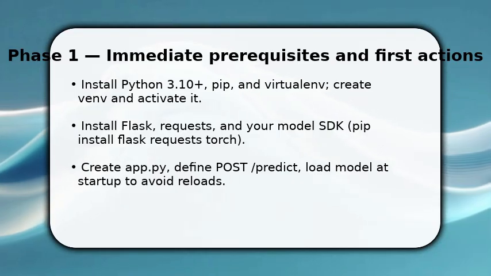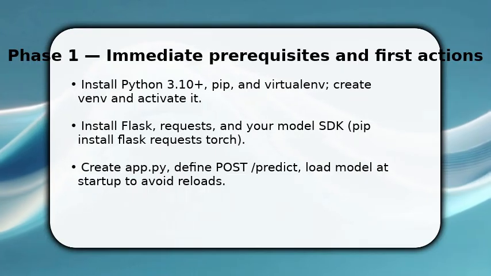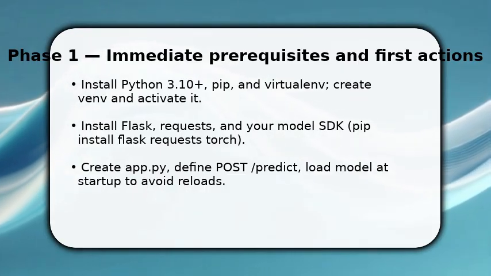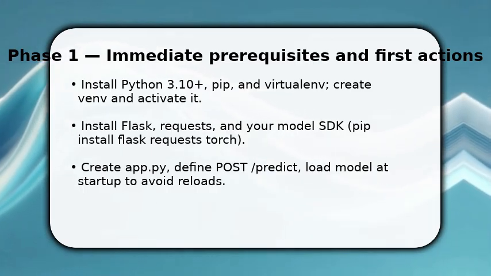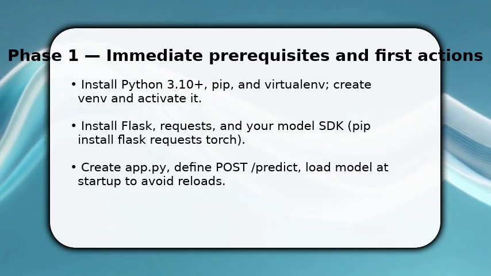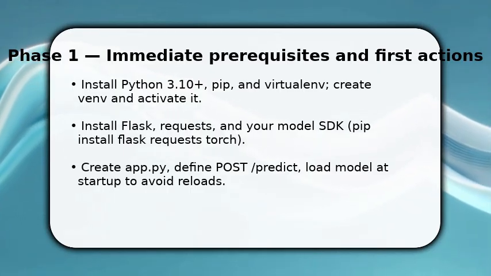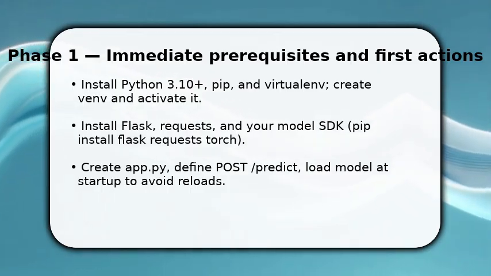You start by preparing a lean Flask API that serves your AI model. Create and activate a virtualenv, install Flask, requests, and the model SDK. In app.py, load the model once at startup so inference is fast, then define a POST /predict endpoint that